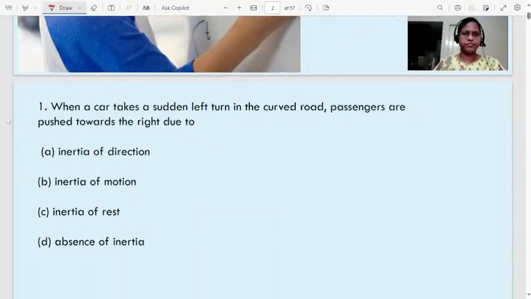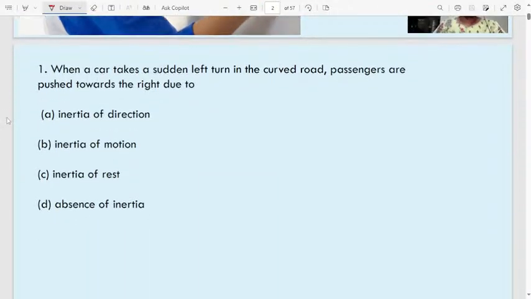Let us start the lesson. Let us start the class with the first question. Here I am going to discuss only MCQ questions based on the topic. Then, if possible, today night I will upload the theory part of the topic motion. I will upload the theory part because the recorded class is already there with me. Then you can listen to the theory. If you have any doubt, you can ask me in the next class. Here I am going to discuss only MCQ questions.